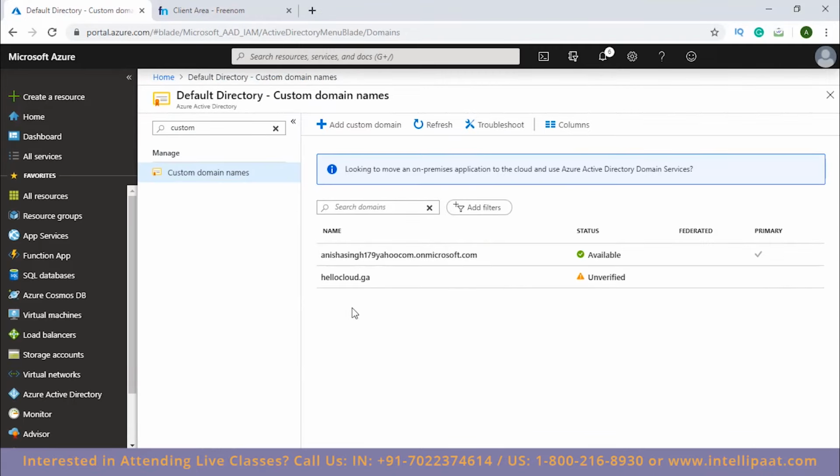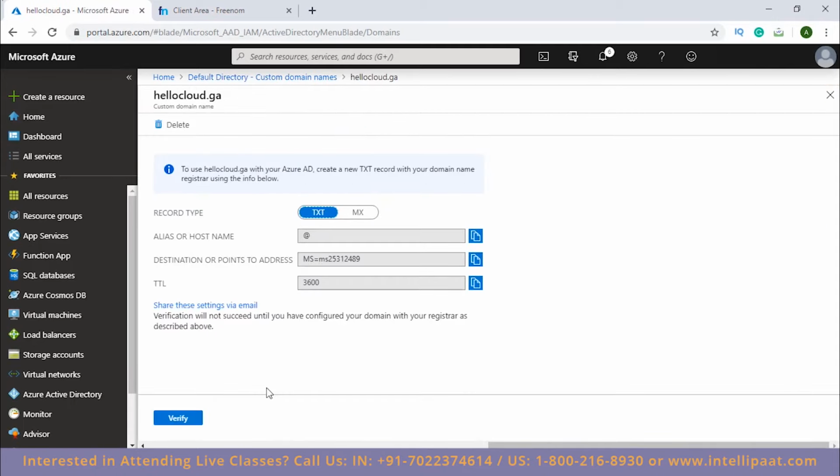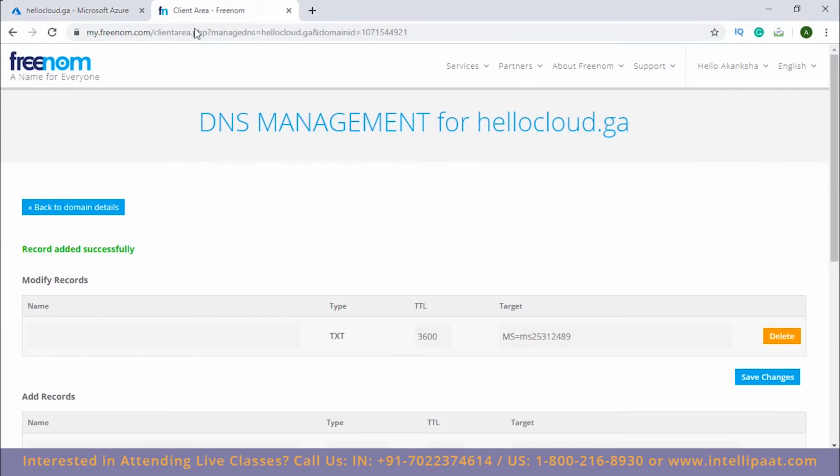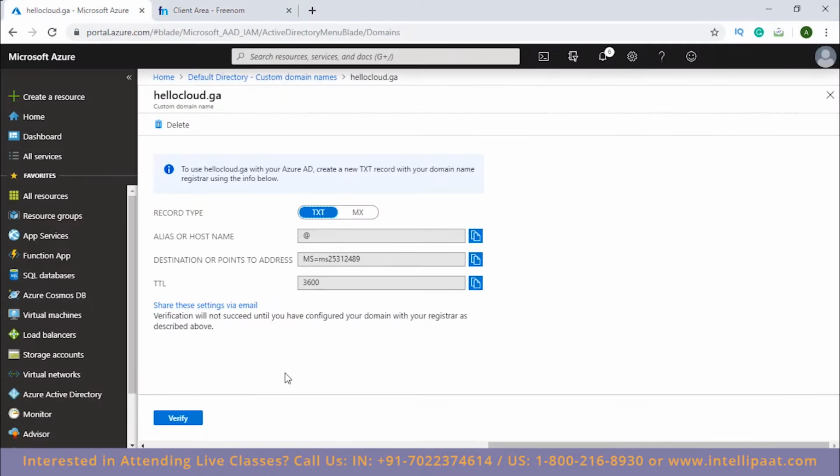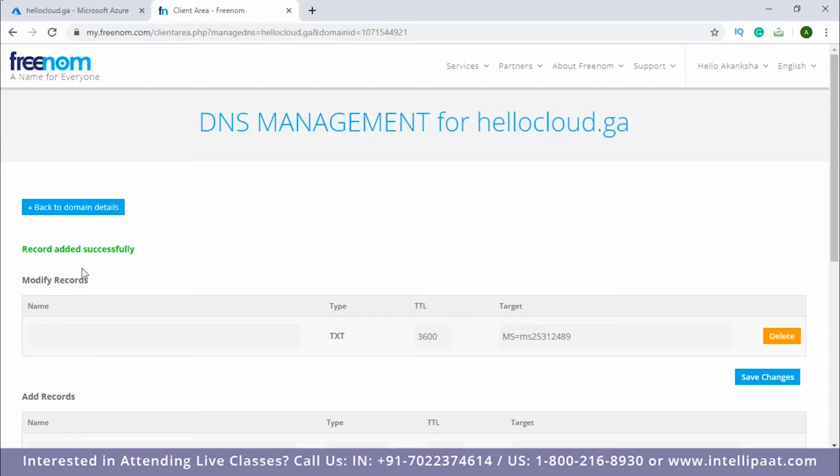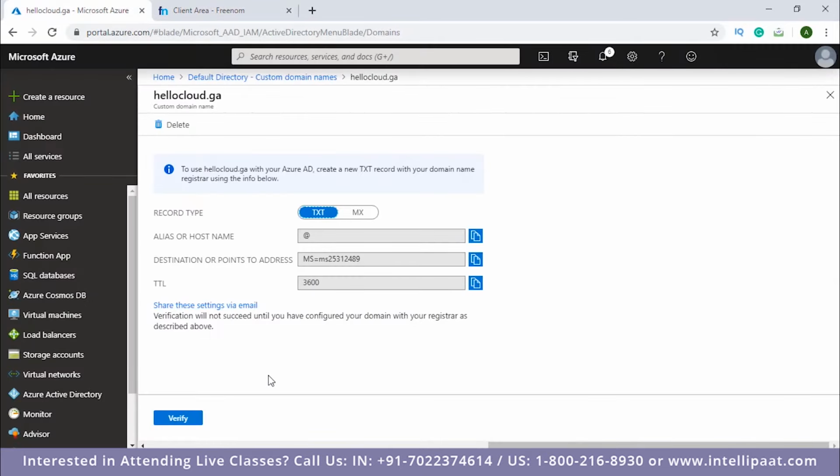Alright guys, so now let's try to verify this added custom domain name, right? Like I've already told you, I'm going to click on it and click on verify. Since I have already created a TXT record and saved it, it shouldn't give me any problem now because I have waited for a few hours. Before, when I tried to verify it as soon as I created this record, it gave me an error saying that it could take up to 72 hours for a created record to propagate, right?